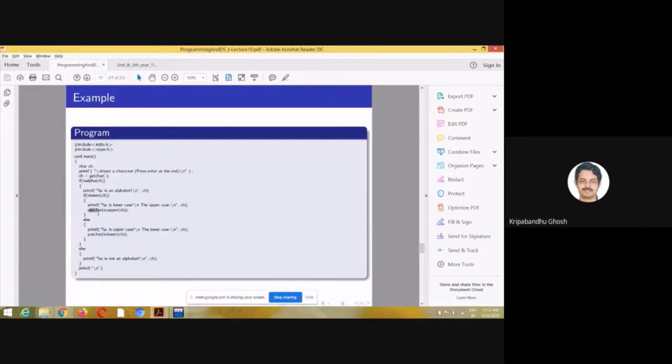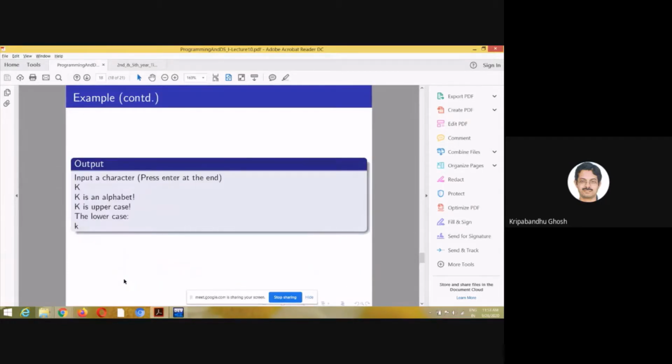And there is another function called toUpper. What does that do? It will convert this particular variable, if it is in lowercase, to uppercase. And toLower means if it is in uppercase, it will convert it to lowercase. But if it is already in lowercase, I don't know what happens. Please check that out. I think it will return some error value, or it will not do anything, something like that. I've never done it, but you can check if you want.